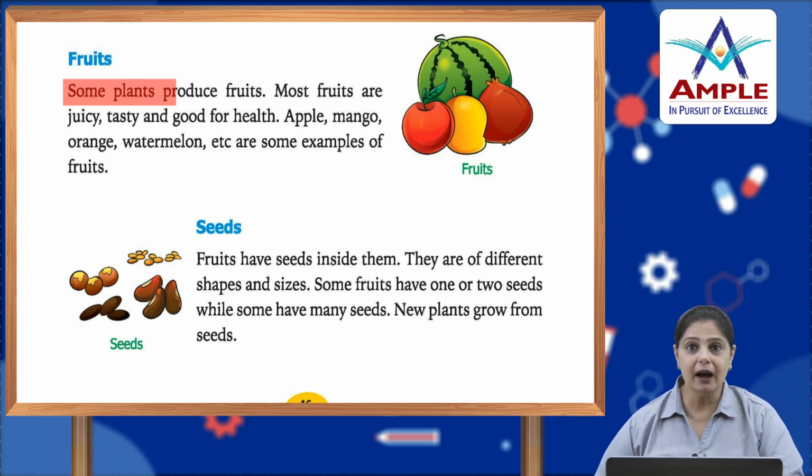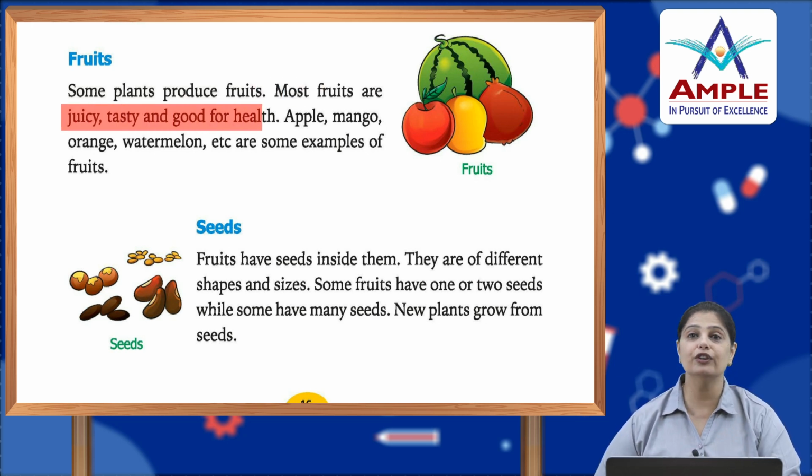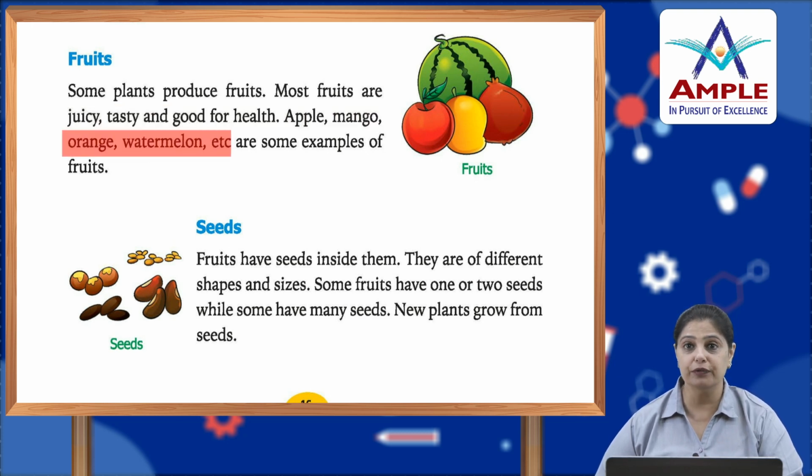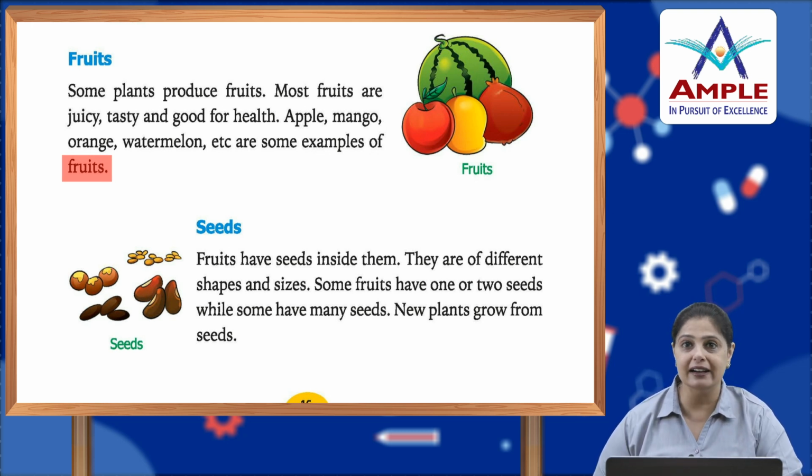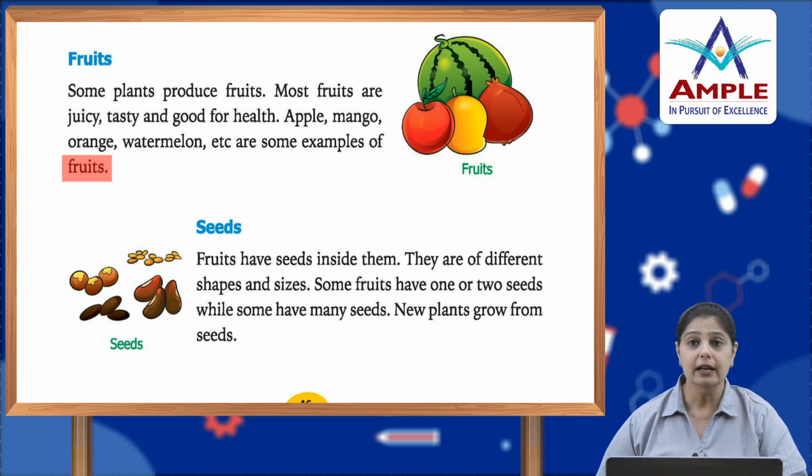Now, some plants produce fruits. Most fruits are juicy, they are tasty and they are good for health. Apple, mango, orange, watermelon, etc. are some examples of fruits. We must include fruits in our diet, because they are very good for our health. Sometimes during the summers, when the heat is really quite high, and when we have a glass